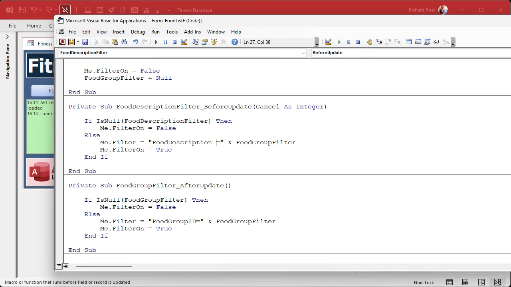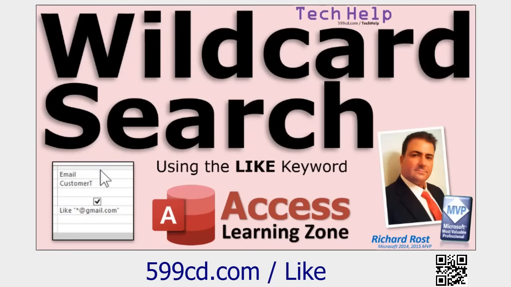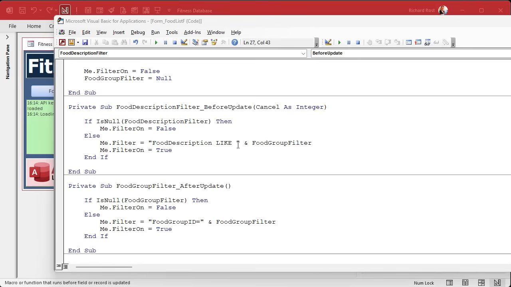So we can't use equal here. What do we use if we're looking for something that's a string inside of another string? Anybody? We use Like, our Like keyword. If you're not familiar with the Like keyword and wildcard searches, go watch this video. Okay, so it's going to be Like, and now in here we have to put inside of quotes an asterisk,